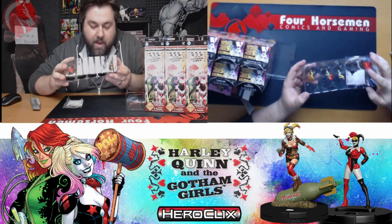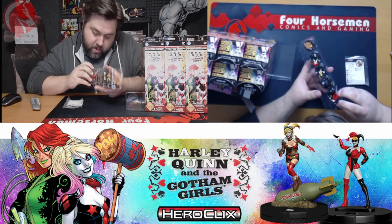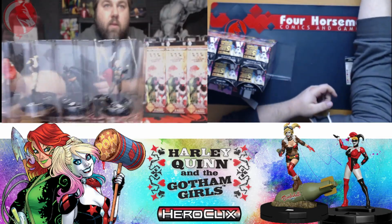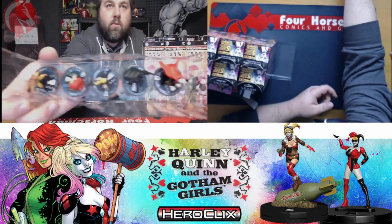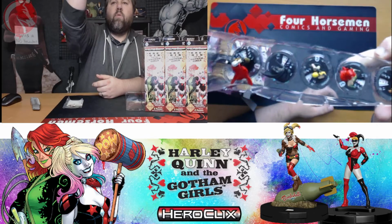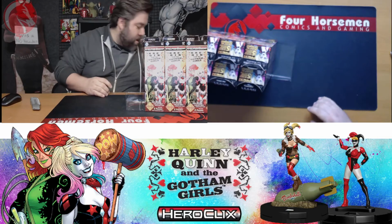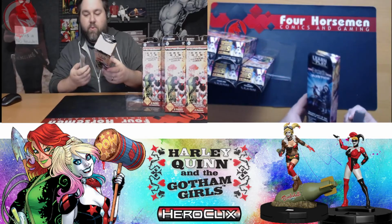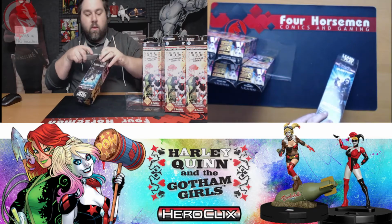In this booster, we have Catman, we have Knockout, we have Mercenary, we have the Uncommon Batman, and we have Granny Goodness. So I'll show those off to you there. A lot of cool figures in this set that we haven't seen in a long time, or some ever before. So far 2 rares, no super rares. Usually that right side of the brick's good for some kind of super rare, but we'll keep working our way through here. We are on the 3rd booster,